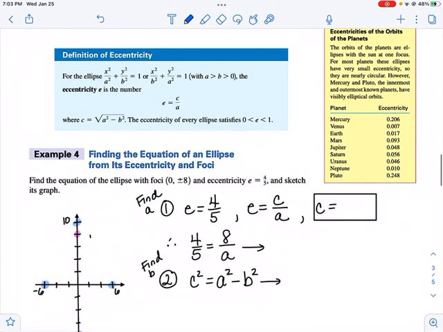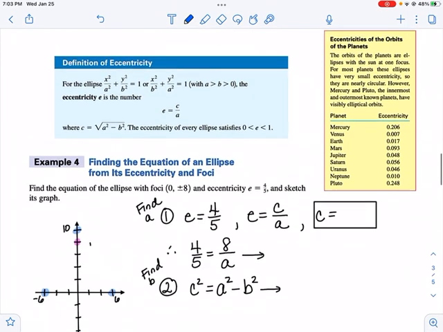We've got an interesting table. I'd like you to pause the video and kind of take a look at the orbits of the planets here. And here's Earth right here. You can see that the eccentricity is the topic. We're talking about the flatness of the circle. When the e value, the focus over the a value, remember a is the vertice. If the focus is pretty close to the vertice, then your e value,